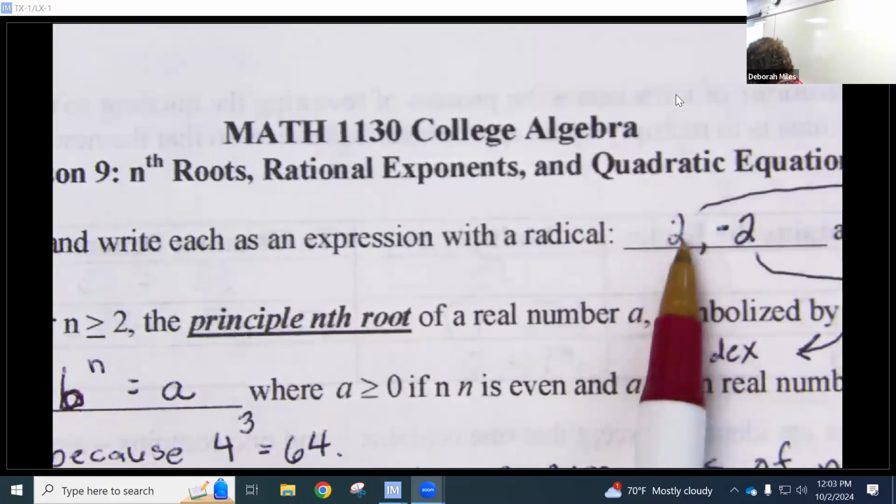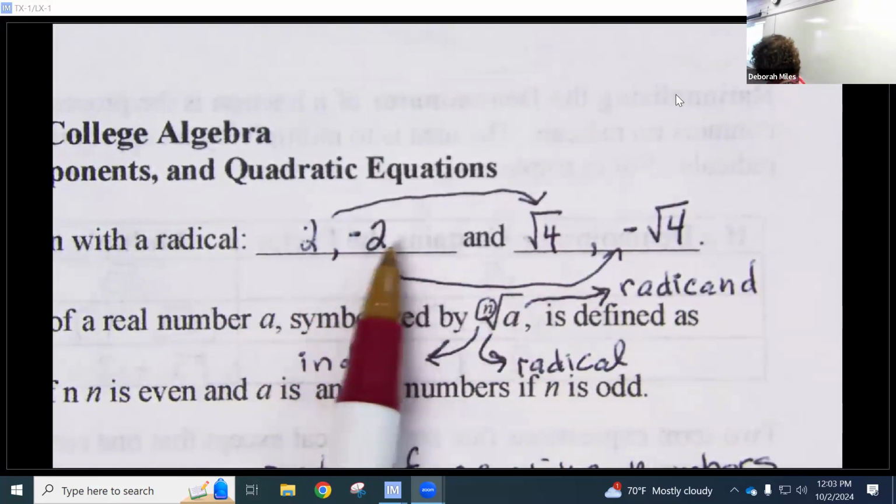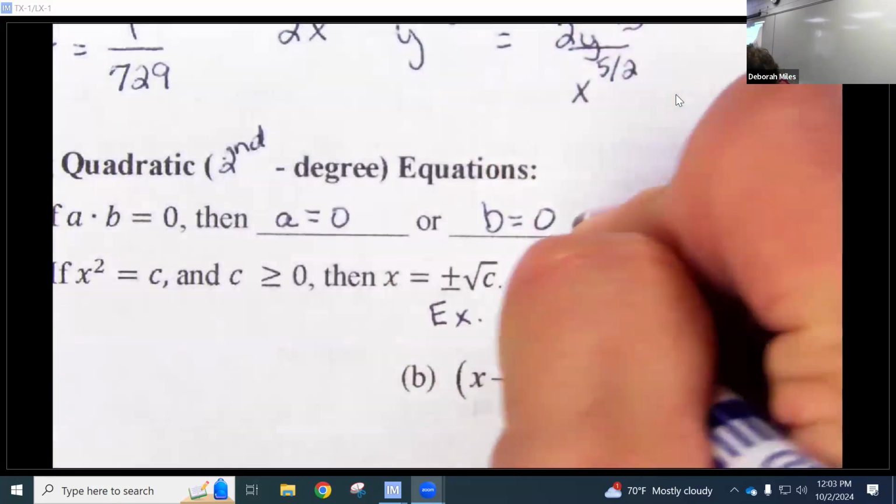The principal square root is the positive one. We could write it as this. The negative square root is the second square root. So whenever you take the square root of both sides of an equation,